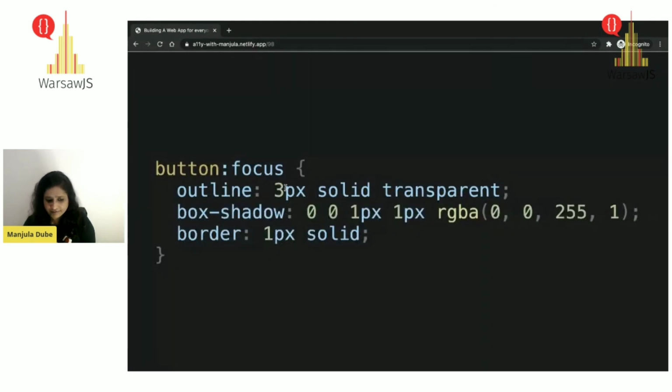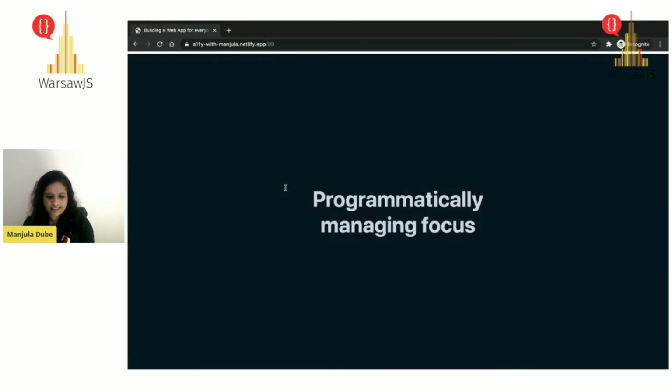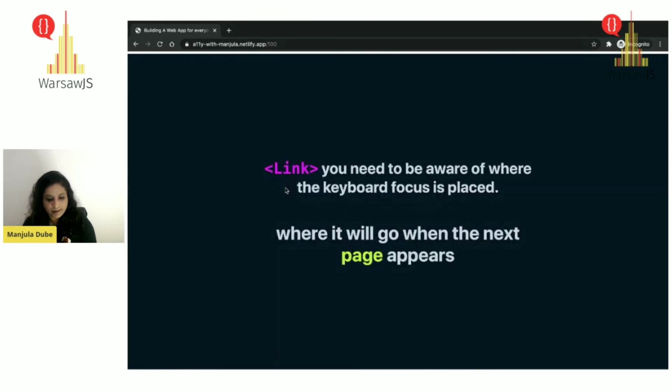So good, handled focus. Now the next thing is, how would you programmatically manage focus? Since you're working with React, which is a single page app, you might have to go from one route to another. Even in a single page app, your link component or the route you're using needs to be aware of where the keyboard focus should be once you land on that page.